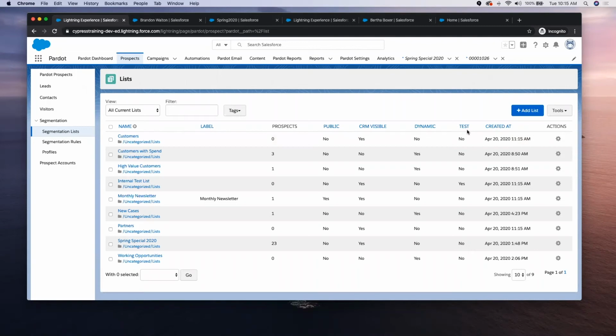So typically that's going to be an internal list that includes people at my organization, or maybe if we're contracting a designer, so we can make sure that everything looks like how we want it to look before we send it out. And now the magic list that I wanted to focus on here a bit is what's called a